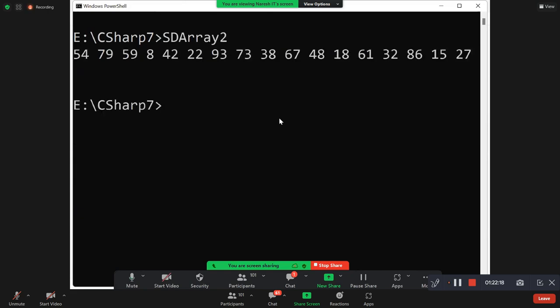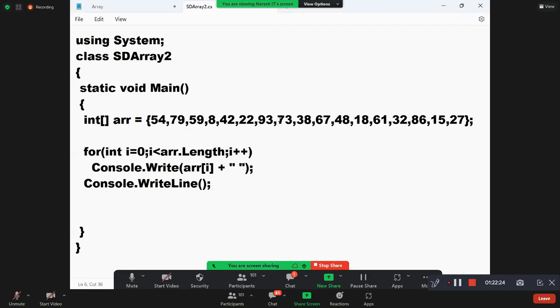Next, I just wanted to print these values. Now I want to arrange these values in a sorted order. Right now they're not in sorted order. I want to arrange all these values in a sorted order. What to do? You can call the sort method. How to call? Watch. Array dot sort. Sort what? Sort the values of